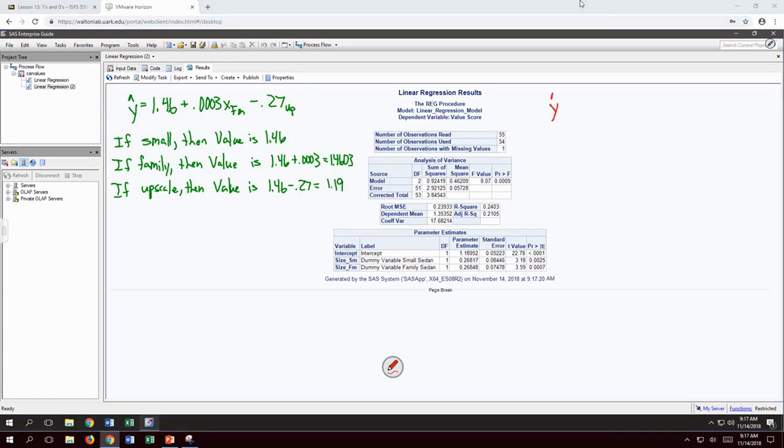All right. So my new equation, I've got y hat, and I'm going to use the intercept, which is 1.19, plus, oh, this is fun, 0.27 for the small sedan, plus 0.27 for family sedan. So if my car is small,